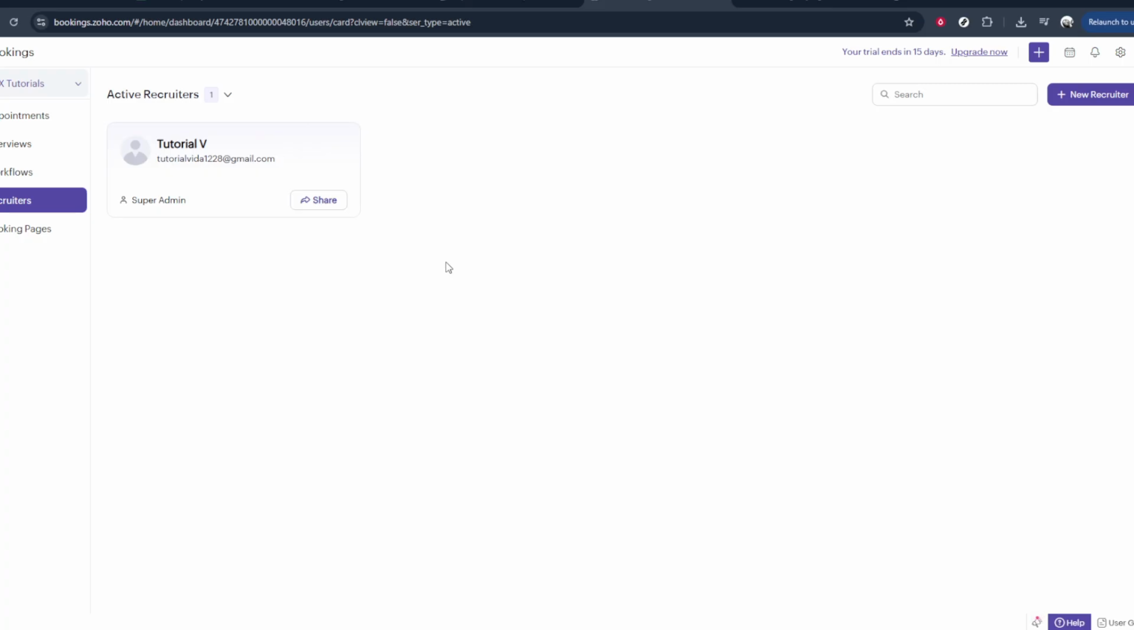Look for the invite button and click on it. Zoho Bookings will now send invitation emails to the addresses you provided. Each recruiter will receive a link prompting them to join your Zoho booking setup and complete their profile or